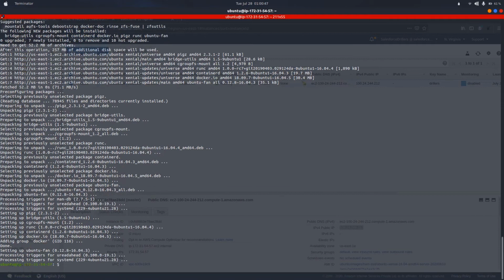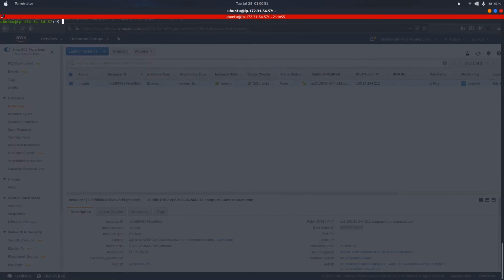After installing Docker, we will run the Jenkins container. Let us execute the command sudo docker run -it, which means interactive mode, -d for detached mode, -p for port binding, Jenkins instance port number 8080, and then the image name, which is jenkins.